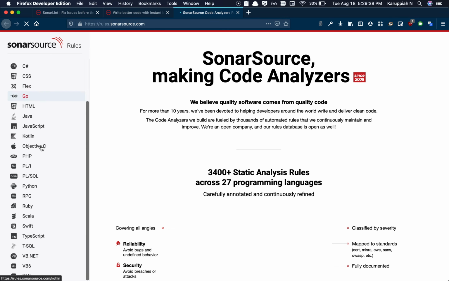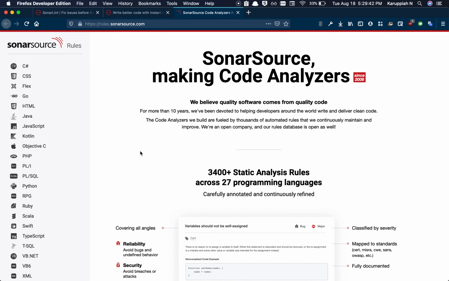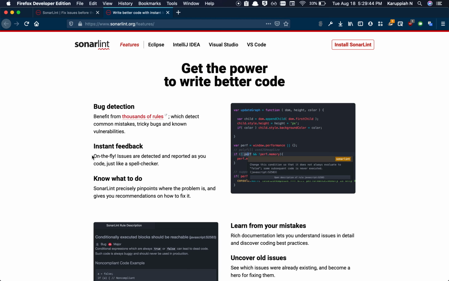There is a set of rules to detect issues for multiple languages, and you get instant feedback because you install SonarLint in your IDE as a plugin, and it works while you type.